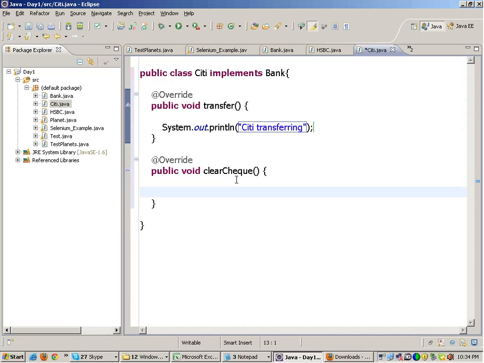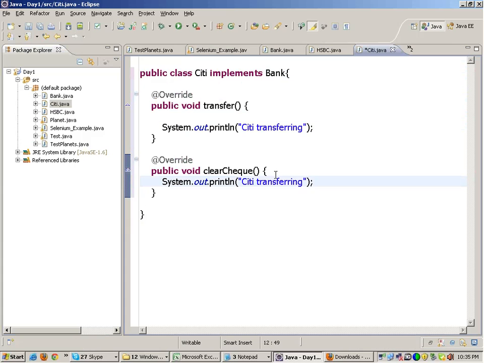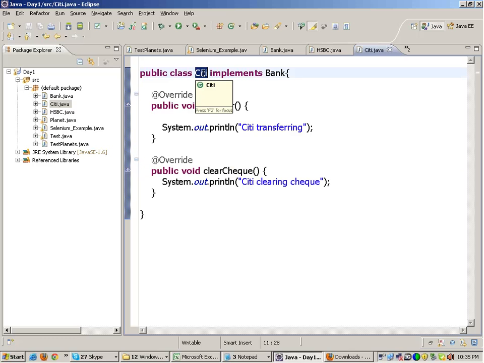Okay, and in this you can write city clearing check. So you have two functions, transfer and clear check, which are implemented by Citibank as well as HSBC. Citibank does it in its own way, HSBC does it in its own way,